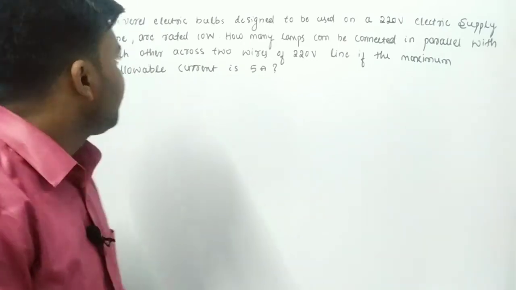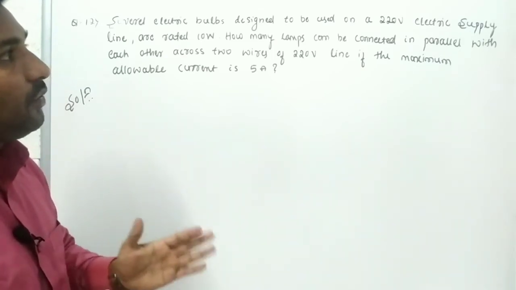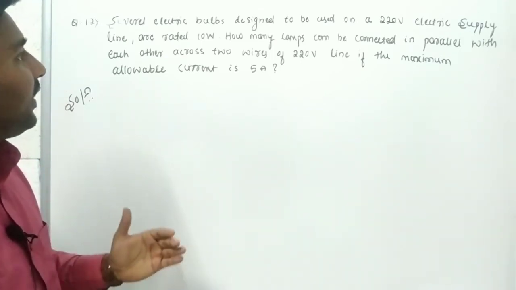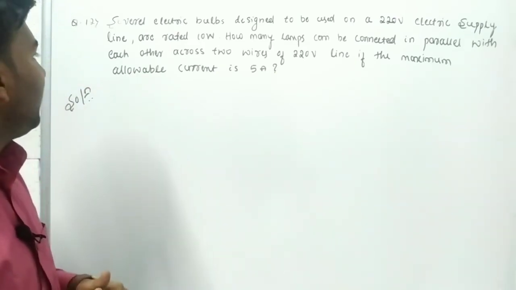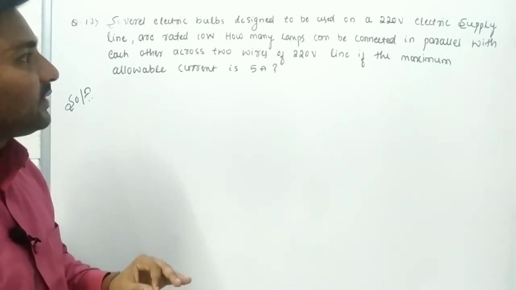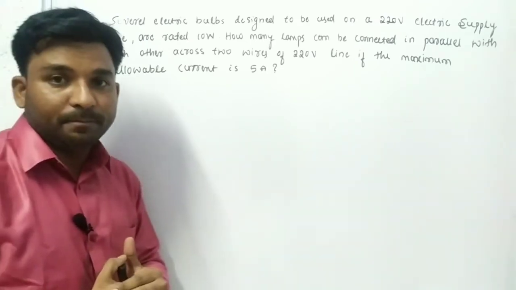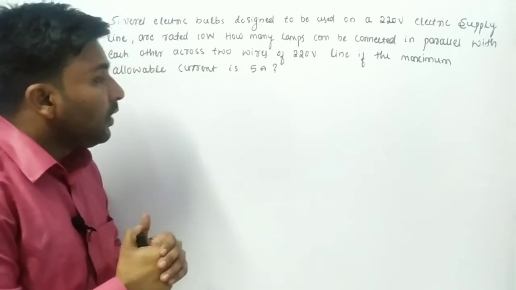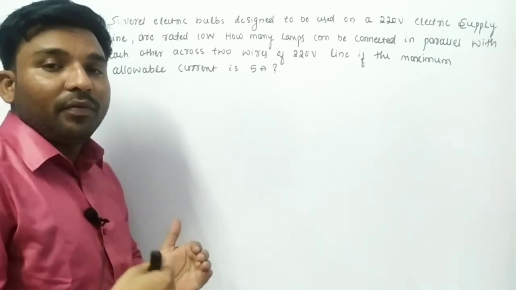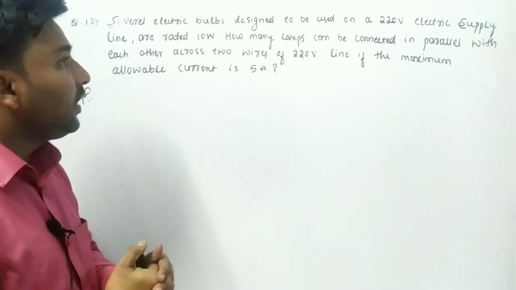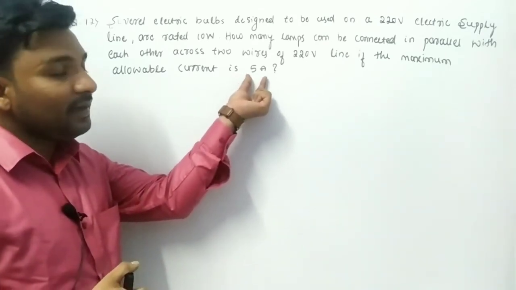The next problem is, several electric bulbs designed to be used on a 220 volt electric supply line are rated 10 watt. How many lamps can be connected in parallel with each other across 2 wires of 220 volt line if the maximum allowable current is 5 ampere. So here we have the question. Now we need to calculate the number of bulbs which are connected in parallel, in order to allow the current of 5 ampere